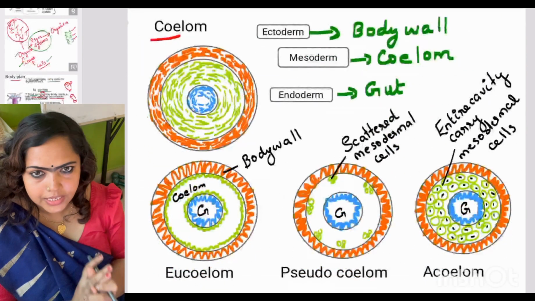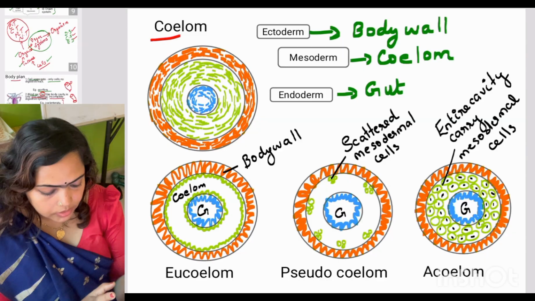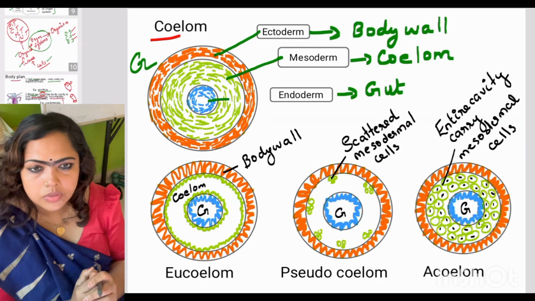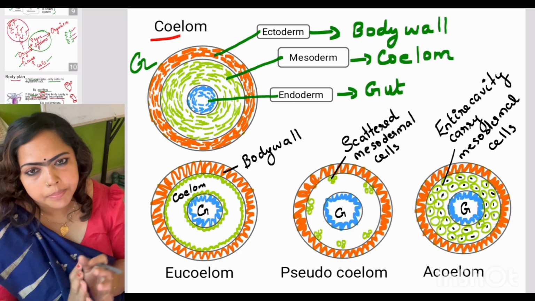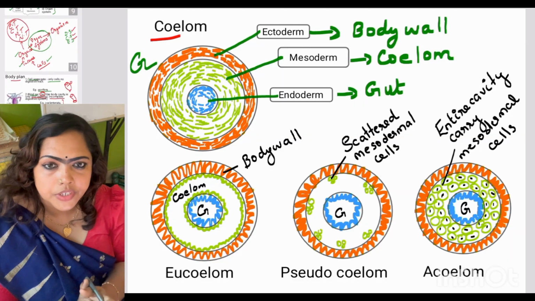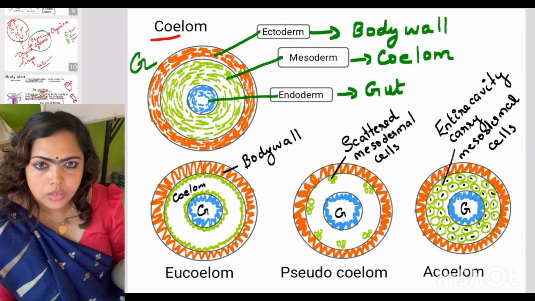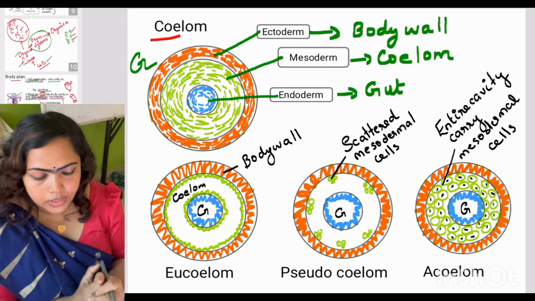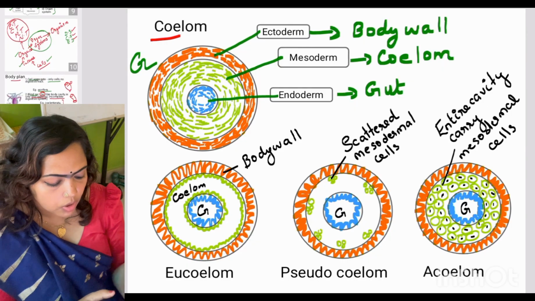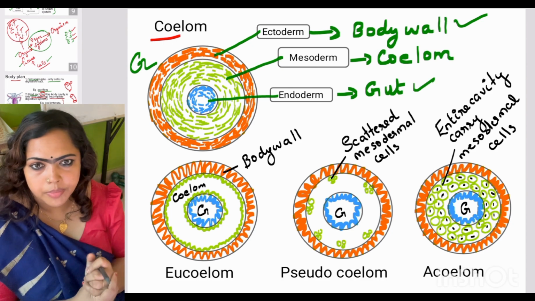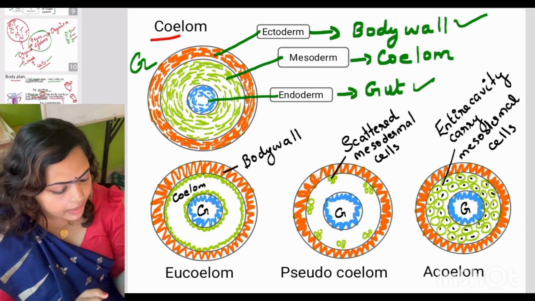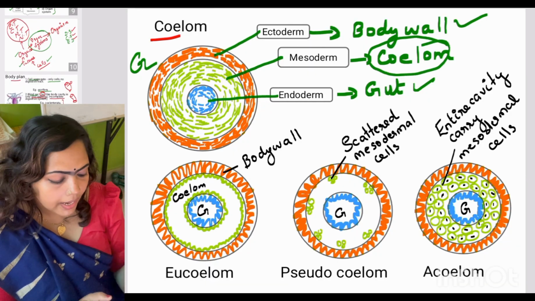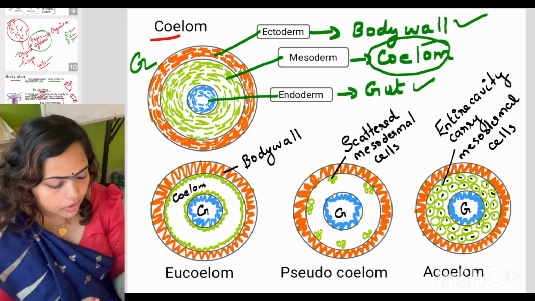And the next feature is the coelom. This is the gastrula stage, outer ectoderm. This is the ectoderm, and then this is the mesoderm, and this is what? Endoderm. And we know these are the germ layers or embryonic layers, and we discussed this in our previous video. From these layers different tissues and different organs are forming. From this ectoderm, the body wall is forming, and from endoderm, the gut or alimentary canal is forming. And the space between this body wall and the gut or alimentary canal is called as coelom, and this coelom should be lined by which embryonic layer?